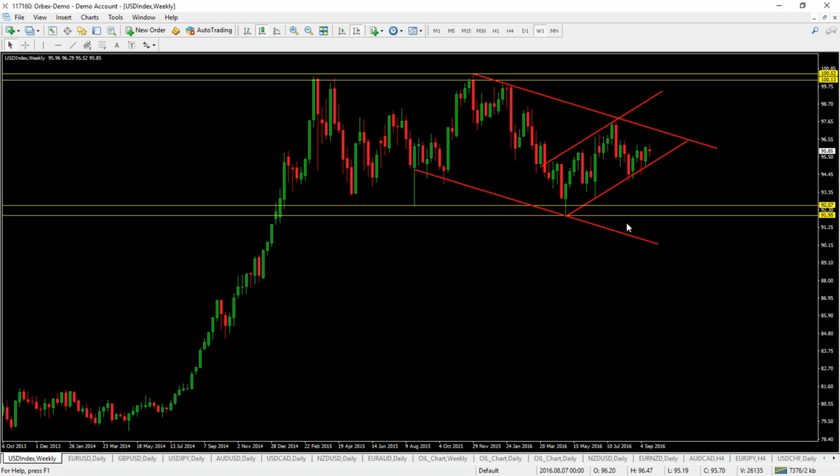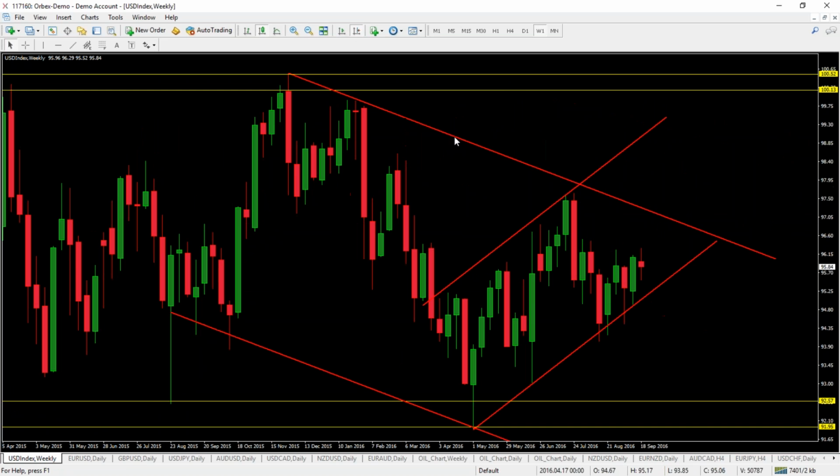However, going back to our base case scenario for the meeting, which is for the Fed to remain on hold but give hawkish signals, then the key area that we are looking for to signal a shift in sentiment to the top side is really a breakout beyond this bearish resistance trend line. So if we zoom in on this slightly, you can see this bearish resistance trend line is going to pose the key pivot for this upside move. So if the dollar can break higher from here, this is the key trend line to watch for resistance. And then of course we have key structural resistance at the July high of 97.64.